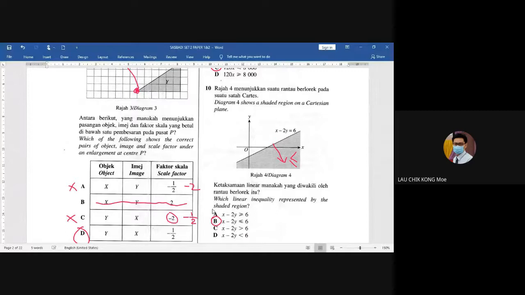Tapi jawapan saya di sini, apa jawapan saya? A. Patutlah. So nanti saya akan betul balik. Awak tak perlu betul balik, saya betulkan sendiri. Nanti saya akan tambah balik soalan ini. Number 10 is B. Tetapi awak boleh tick betul lah, tambah satu. Saya rasa most of the students get the B ya. Sorry ya, so this answer question is wrong.